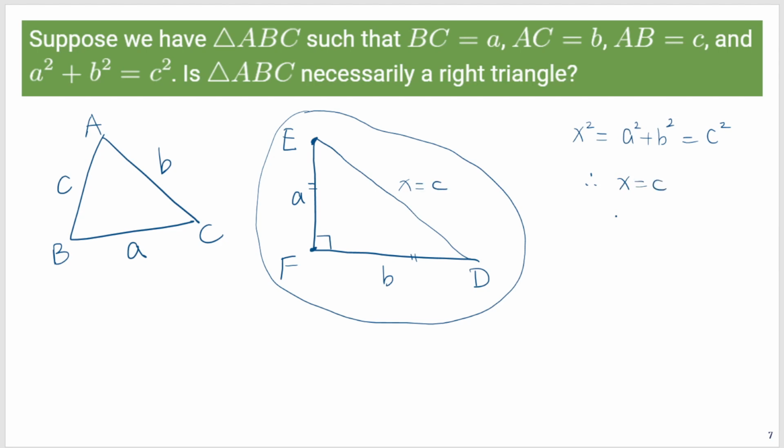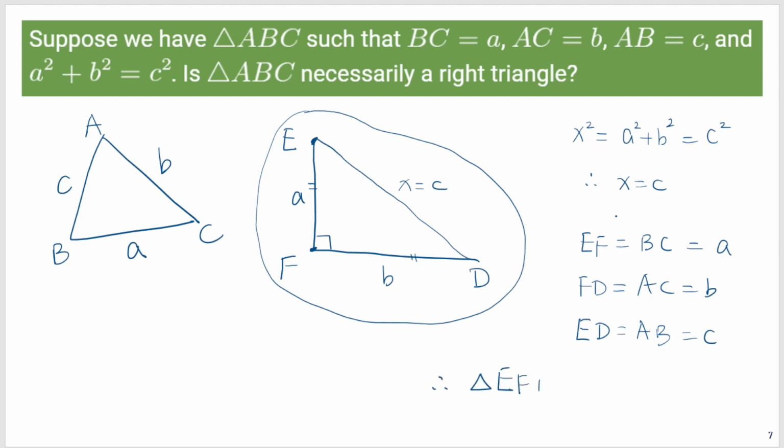So if you consider triangle EFD and triangle ABC, we have EF equals BC equals A. We have FD equals AC equals B. We also have ED equals AB equals C, right? Therefore, we know triangle EFD must be congruent with triangle